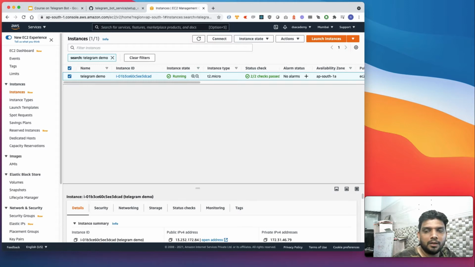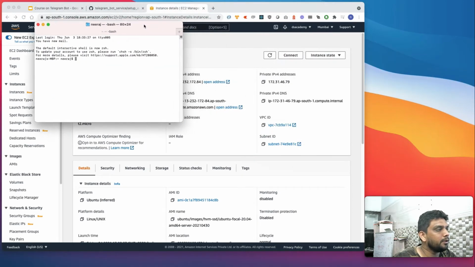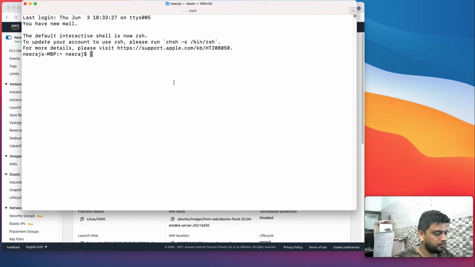So let's SSH to the server. This is the information, this is the IP address. Let's copy the IP address. The simple command to log in to any server is, first of all, we type the username, then @, and then we pass the IP.